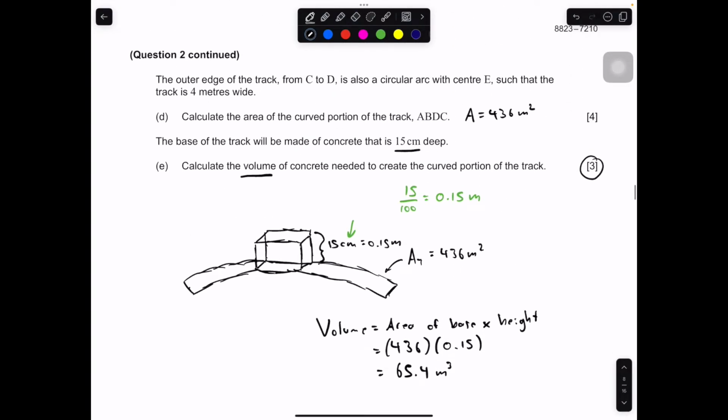So maybe kind of a tricky question. Yeah, I suppose this 3-mark is some indication that there's something more going on than just area of the base times height. Even so, 3 marks might be a little high. So convert your 15 centimeters